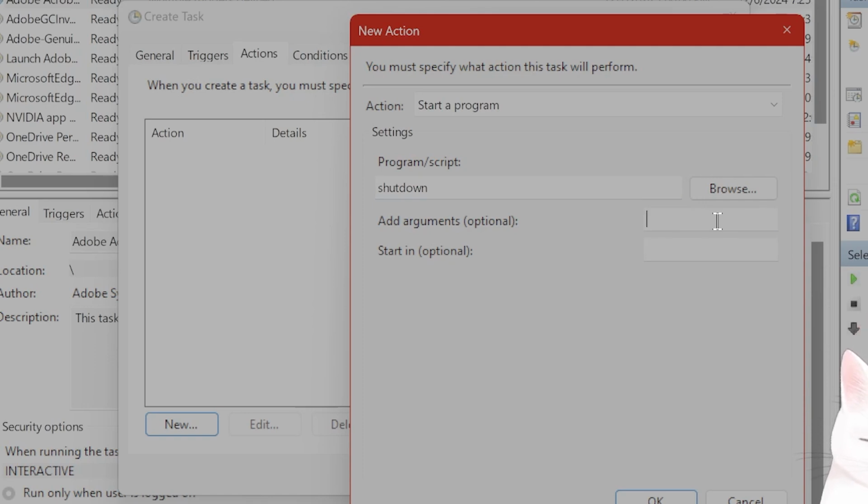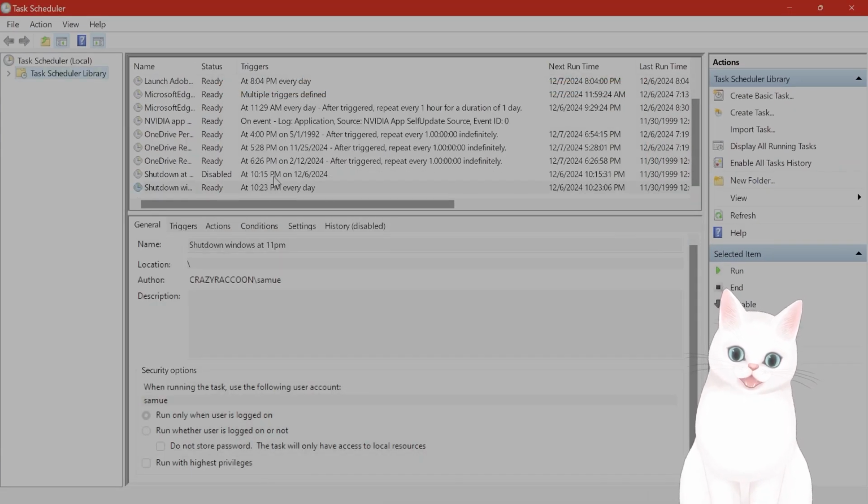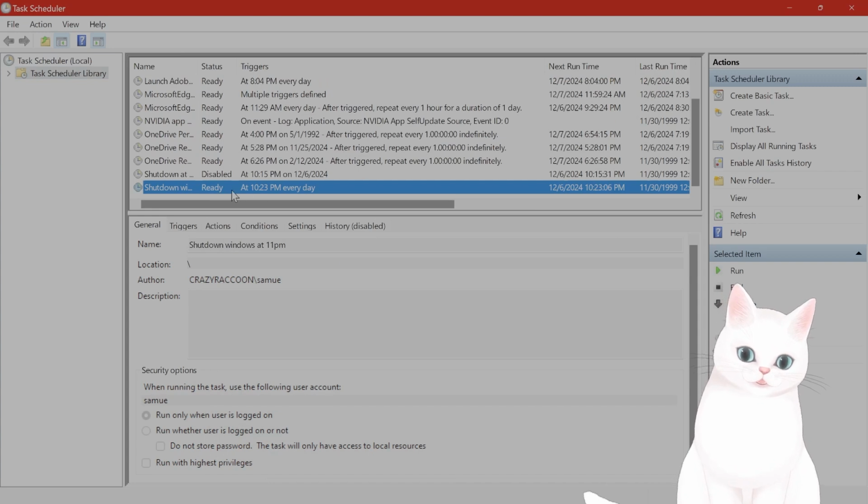So here, you want to type in /s space /t0. So this means that it will basically shut down immediately when the task is triggered. You hit OK. OK. And here, as you can see, it is